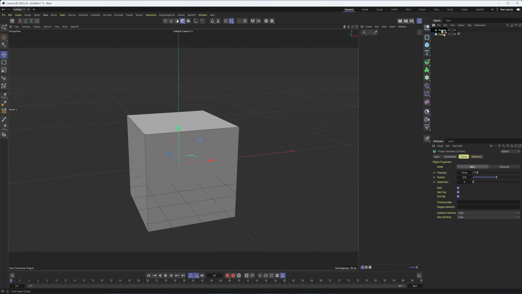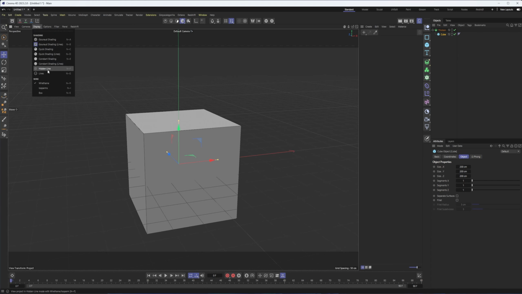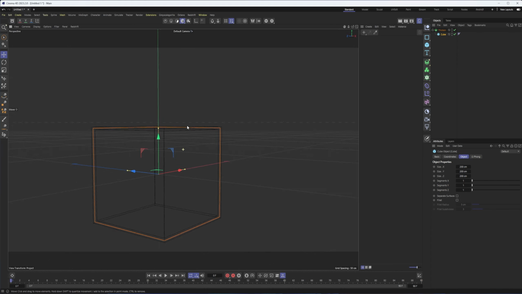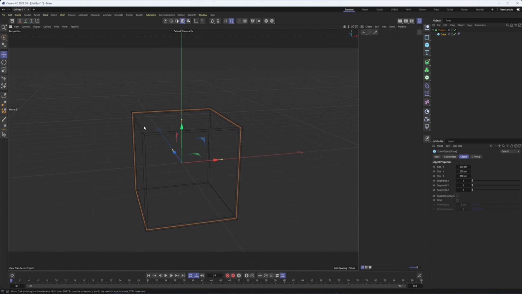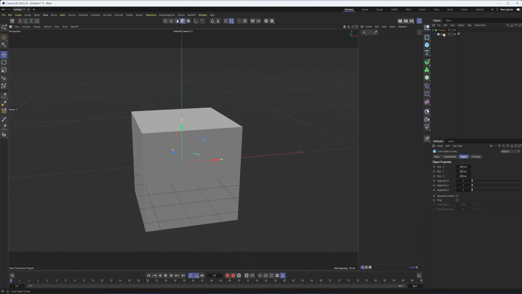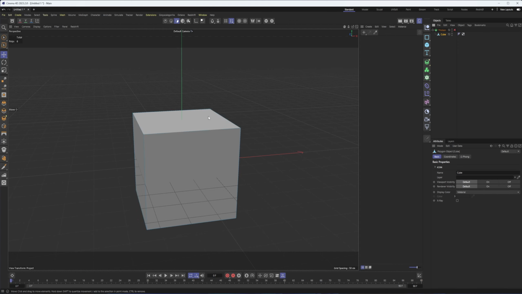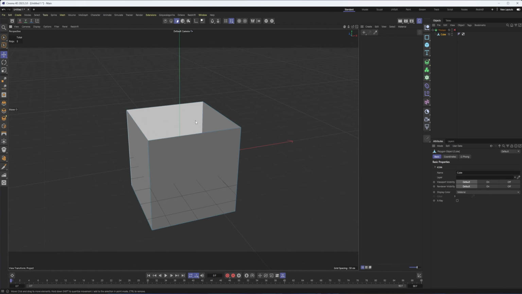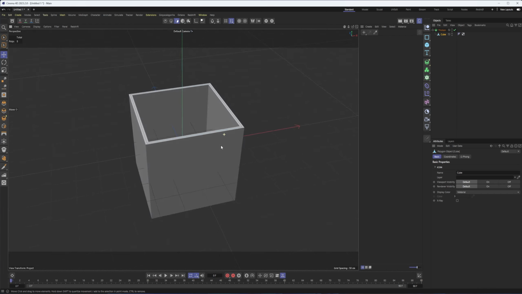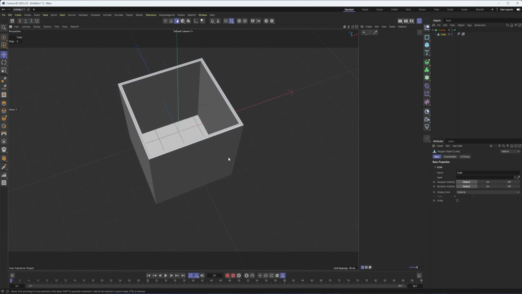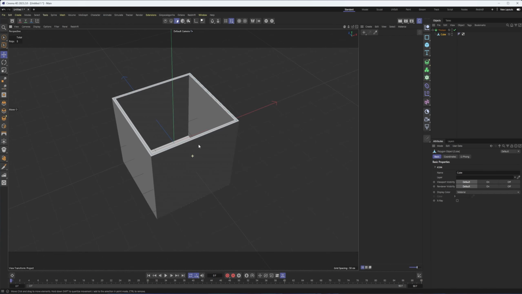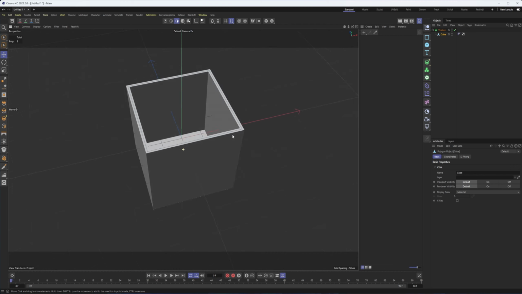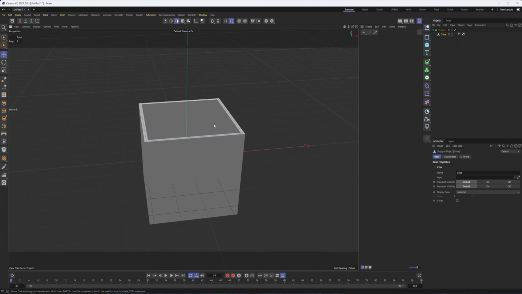So may have to open up, like the filters and stuff to kind of find those types of things. But yeah, let's see thicken. Can we throw a cube in there? It looks like we can. And you may be going, well, why would you do that? And well, I'm not sure you would want to do that with a solid cube. But since this is a generator, I can now come in here and say, all right, well, if I want the top off this cube to create a little bit of a container, or they gave the example of architectural related things, which I suppose could be helpful. But yeah, now we have something with some thickness here procedurally.